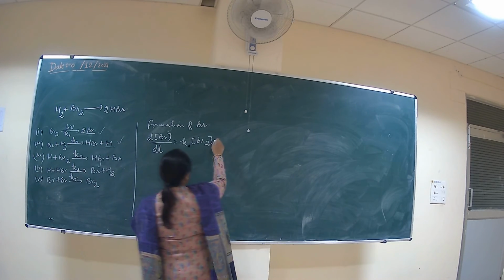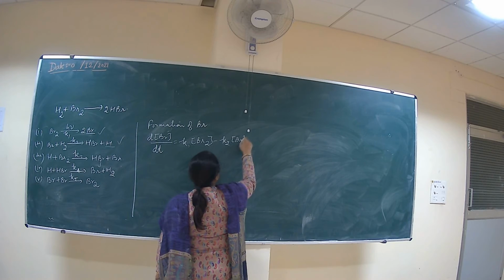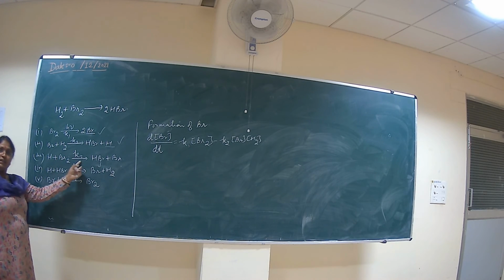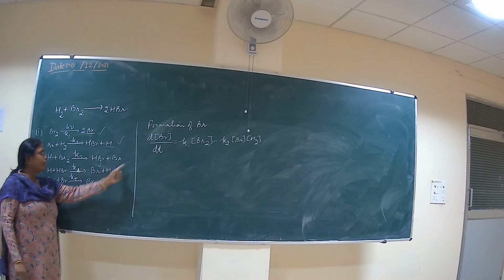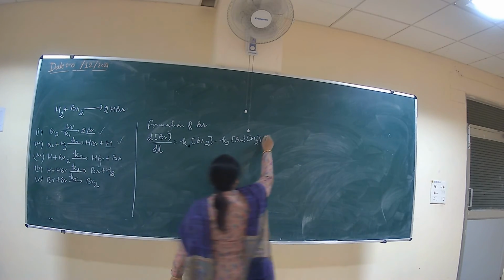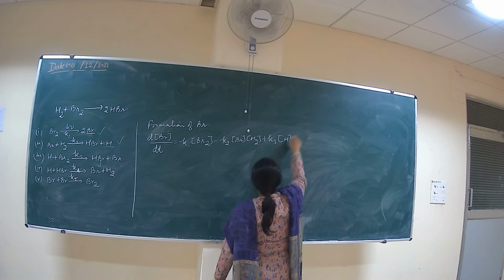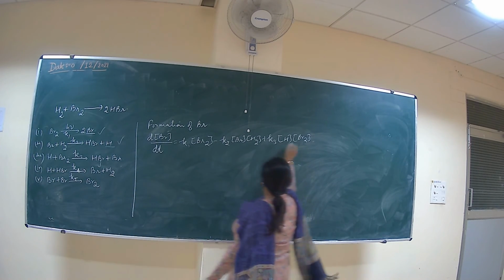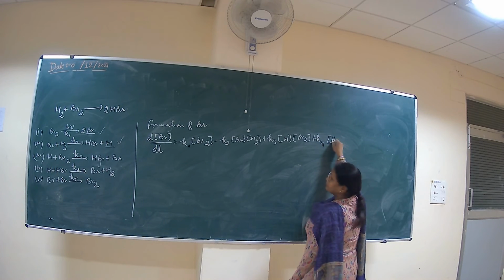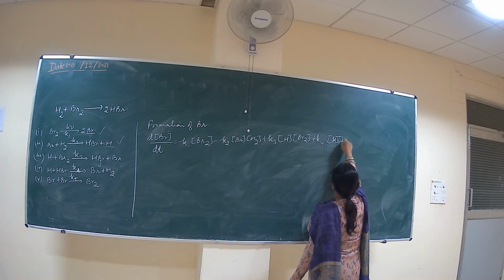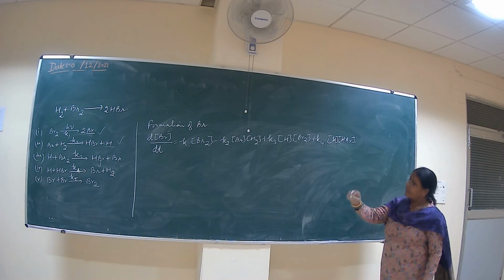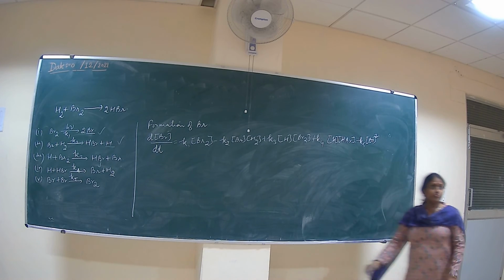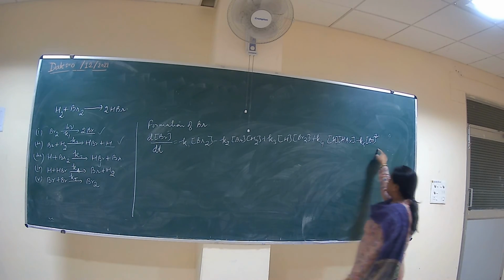यहाँ पर हमारा क्या हो जाएगा, minus K2 concentration of bromine and concentration of hydrogen. ठीक है, नेक्स्ट में K3 प्लस साइन आएगा because bromine is present at the product side. तो यहाँ पर प्लस K3 concentration of hydrogen and concentration of bromine molecule. अगेन K4 में भी प्लस आएगा, प्लस K4 concentration of hydrogen and concentration of HBr, and finally K5 concentration of bromine, 2 molecules are there, है ना. So this is for the rate of formation of the bromine.